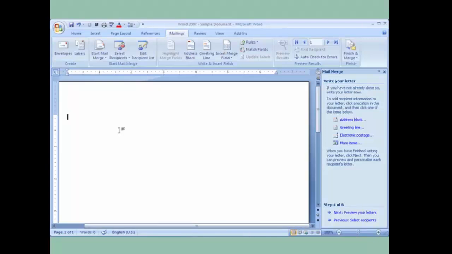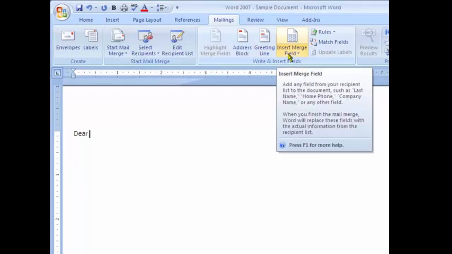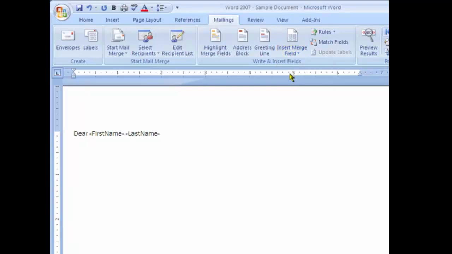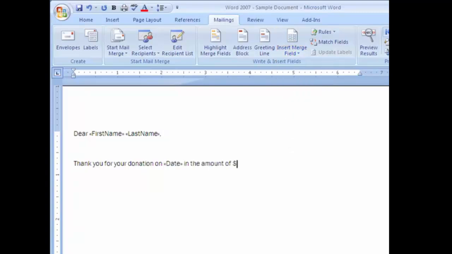At this point you could say Dear, and then you click on Insert Merge Field. For example, first name, space, insert merge field again, last name, comma, thank you for your donation on, and then you can have the computer put in the date, the amount of $, and choose the amount, for our missions to Mexico. Say additional text here,